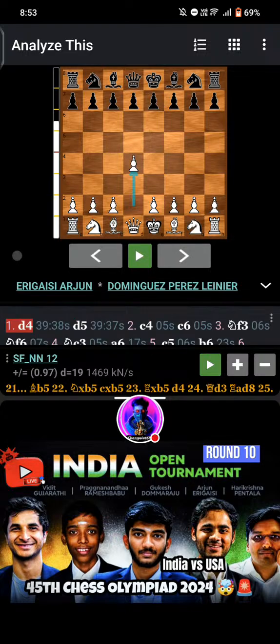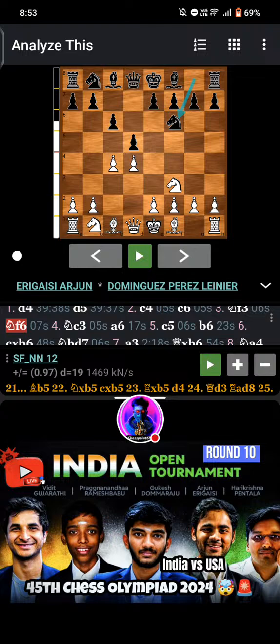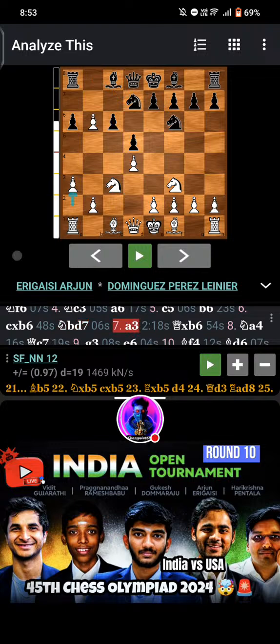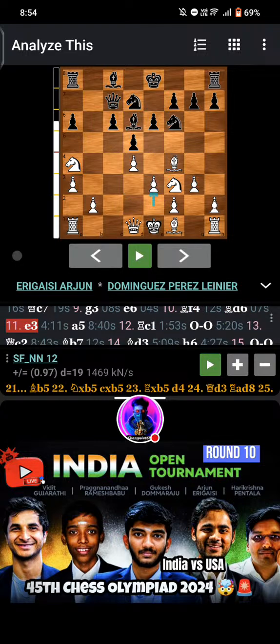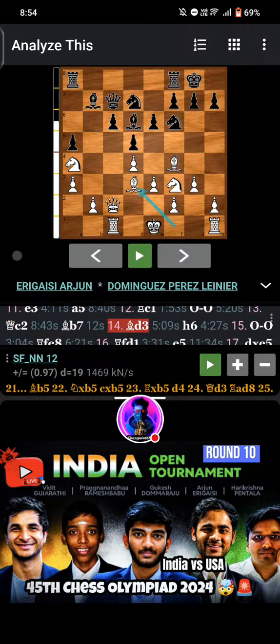So white started with d4, then d5, c4, c6, knight f3, knight f6, knight c3, a6, c5, b6, c takes b6, knight d7, a3, queen takes b6, knight a4, queen c7, g3, e6, bishop f4, bishop d6, e3, a5, rook c6, castles, queen c2, bishop b7, bishop d3,